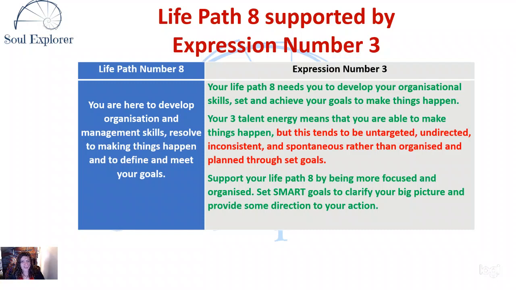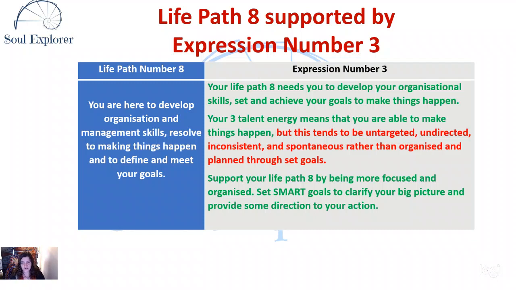You're here to be organized and to have the management skills, not only to be able to lead, but able to organize the workload, organize people, manage the task, manage the people, set goals, and make sure those goals are set by organizing it yourself or delegating or making sure all the workload is organized. Now, you're here to do that. And because you're here to do that, you're going to struggle with that. You might struggle to organize and manage the workload. You might struggle to make things happen and set goals and define them and meet them,